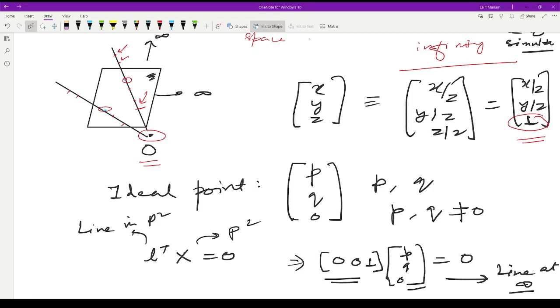You might have studied a similar thing called the pinhole camera model. It's also a camera. The pinhole camera, if you see, has one infinitesimally small pinhole, right? So all the rays pass through that pinhole, and then